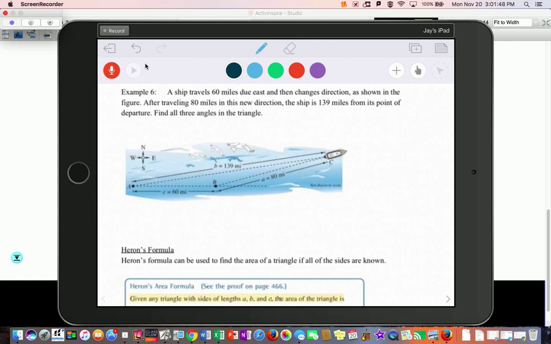All right, so this example is set up a little different. Sometimes they get a little tricky with what they're doing, and they might ask you how far is this side? And they'll say that the ship is traveling, and when it gets to this point, it goes left 30 degrees or something. And so this angle is 30, which means this angle is 150 because you turn to the left 30 degrees or something. That's kind of what they normally do to trick you. But in this case,